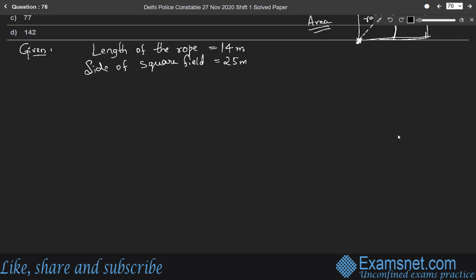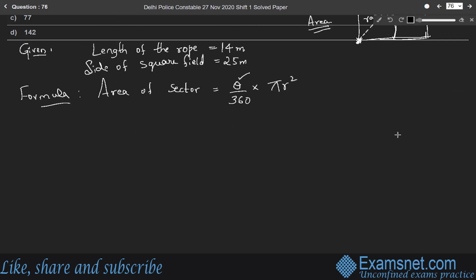Here we have to find the area of the sector, which is equal to theta by 360 into pi r square,